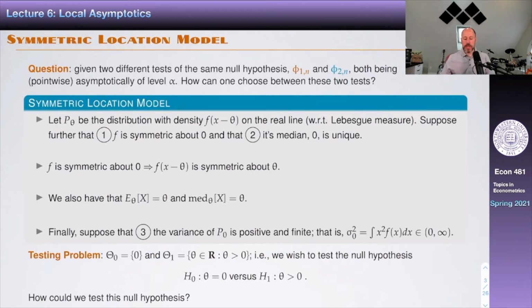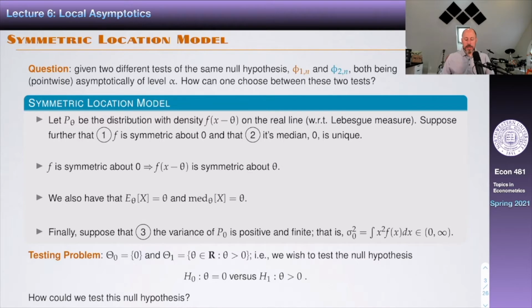So the question is, if we have two different tests for the same null hypothesis, I'm going to call them phi1 n and phi2 n, and both are pointwise asymptotically level alpha, how can we choose between these two tests? What are the considerations that we can take into account to select, say, phi1 over phi2 or the other way around? And today we're going to study this question in the context of one really old semi-parametric model, which is